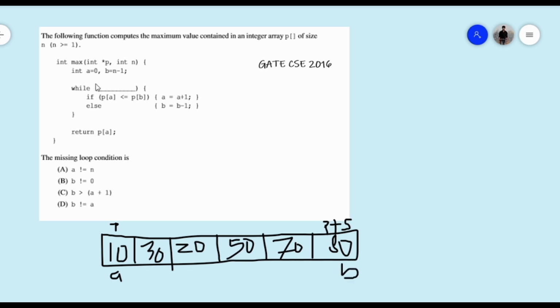Here we have to identify the correct condition. So if P of A is less than P of B, what does it mean?